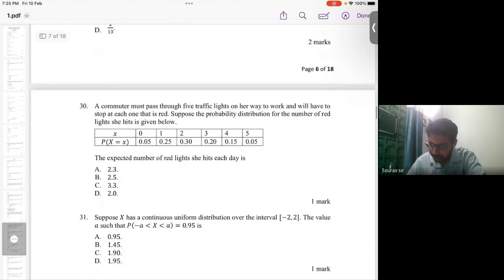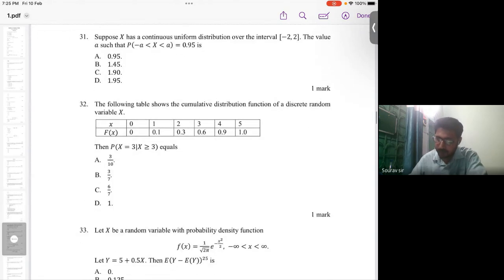We have covered all these problems till now. So here in question number 31, we are asked: suppose X has a continuous uniform distribution over the interval minus 2, 2. Find the value of A such that P of X lies between minus A and A is equal to 0.95. So we have to find out this value. To solve this problem,